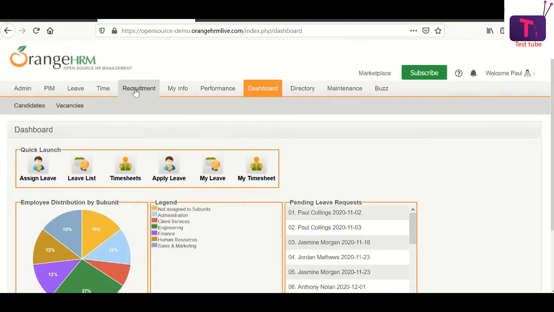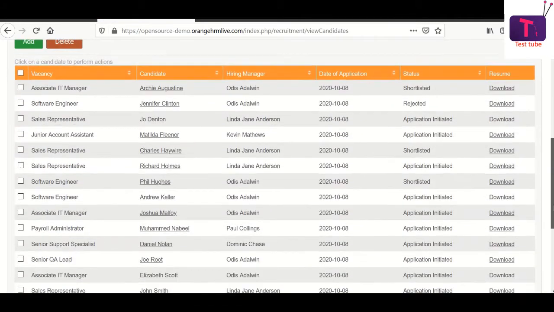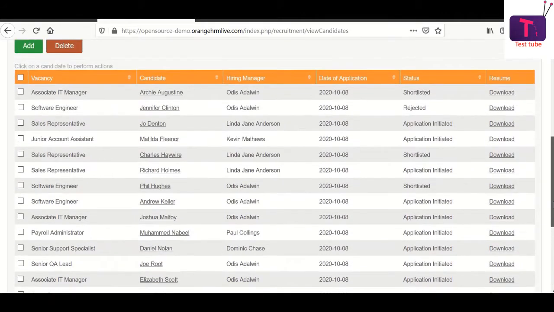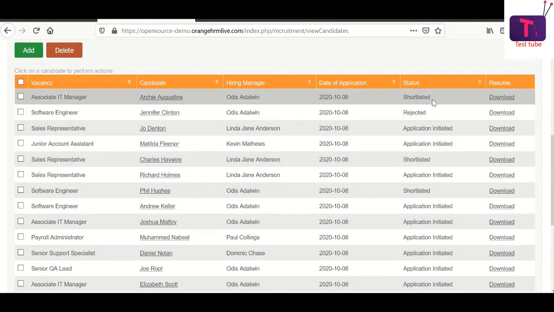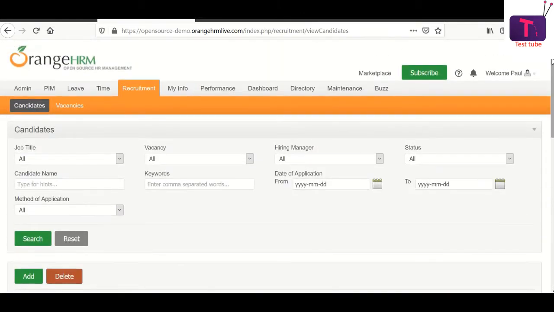After I log in, I have to click on the recruitment tab, which will display a list of candidates as we see here. And in that list, I have to understand whether it contains candidates who are shortlisted. So that is my test. I want to verify whether the list has shortlisted candidates or not. This is the test, and we are going to see how to automate it, and using this example, why it is necessary that we understand these functions which we are going to discuss.